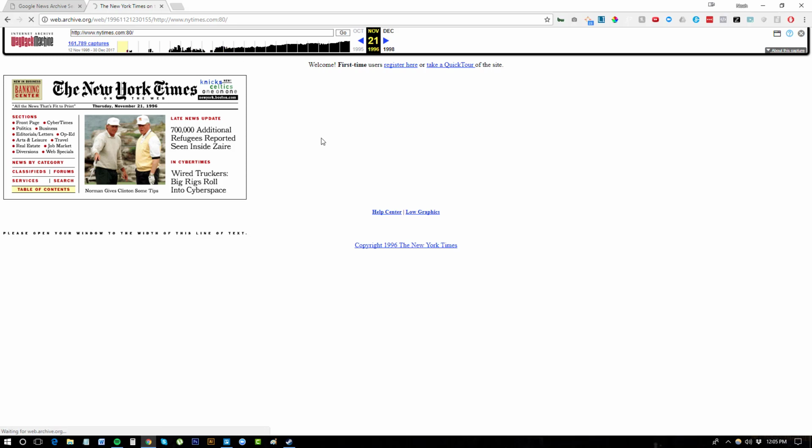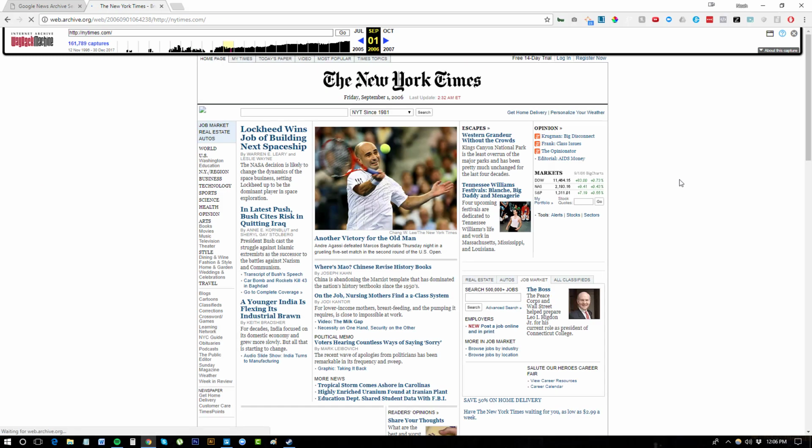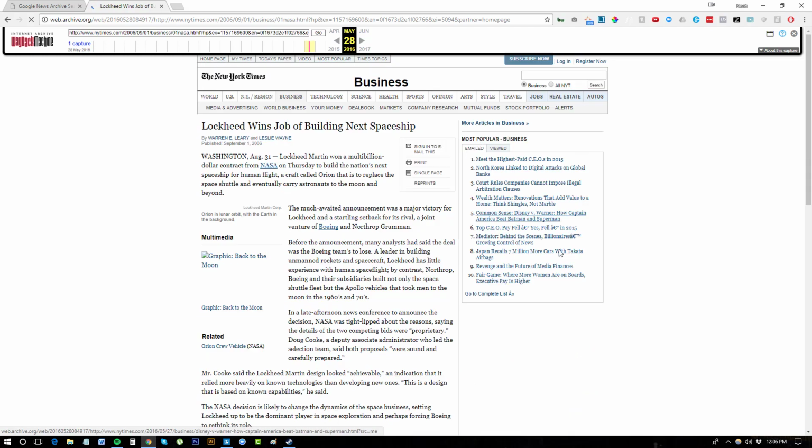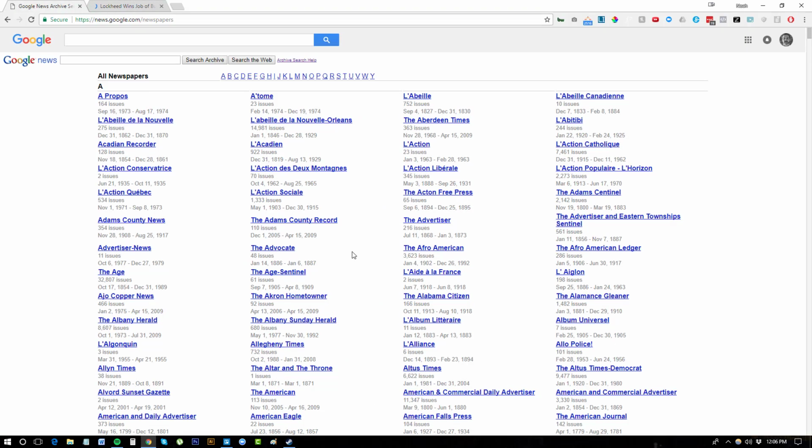And let's go now to maybe somewhere in the middle. All right, so this is September 1st of 2006. Okay, so you get the idea. You can go to any website back in time. Sometimes websites look really bad because of the way it renders the code. But this one, it looks good. I mean, you can tell actually what it is. You can click through these things and read these individual articles, although, admittedly, it can take a long time for them to come up. All right, you can still see September 1st here. Now let's go to